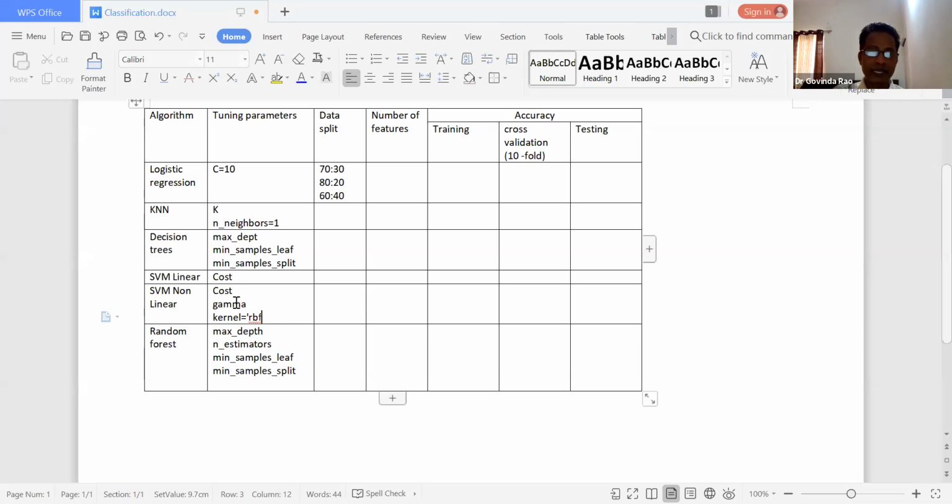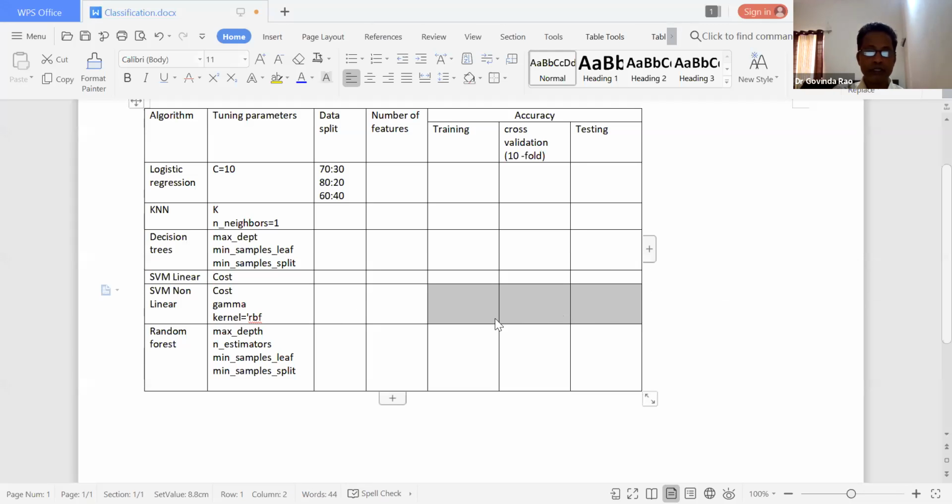Here we can consider the radial basis function, RBF kernel, to tune some of the hyperparameters in our non-linear support vector machines. Again, we can take some splitting criterion like 70-30, 80-20, and 60-40, and we can model our data on training and cross validation on testing. We can see how our model is performing.